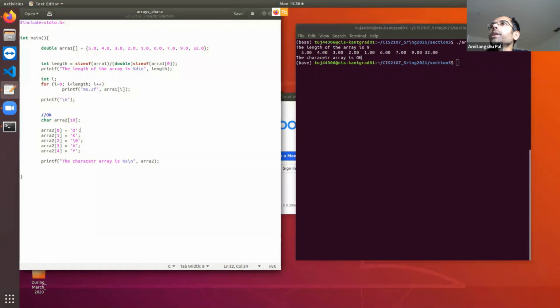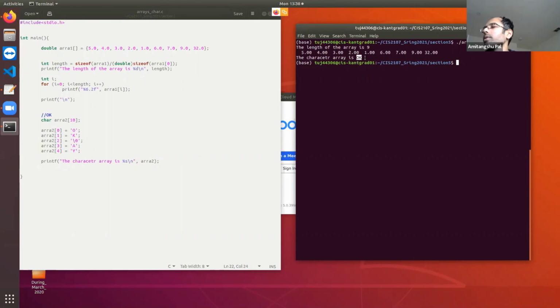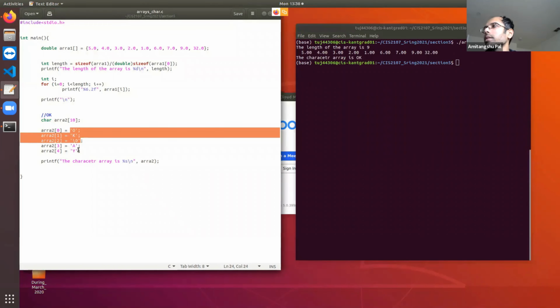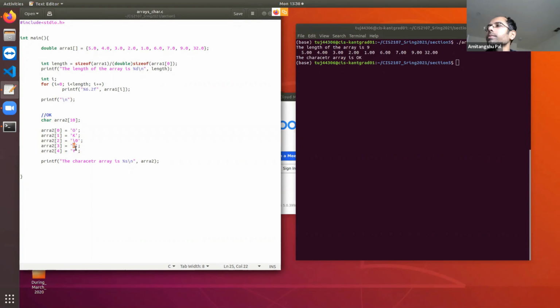After OK, it has encountered this null character or termination character. That means it has understood that this is the end of the string. It is not going to print anything after the termination character. So the point is that a character array must be terminated with the termination character or null character.